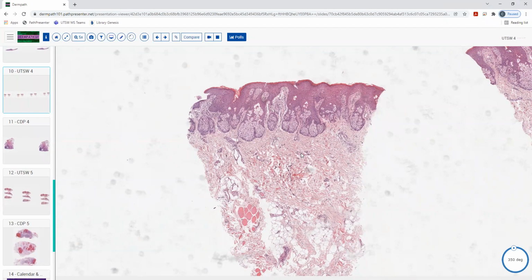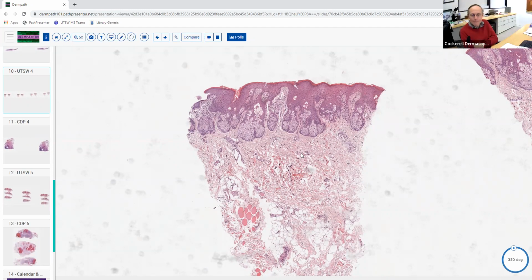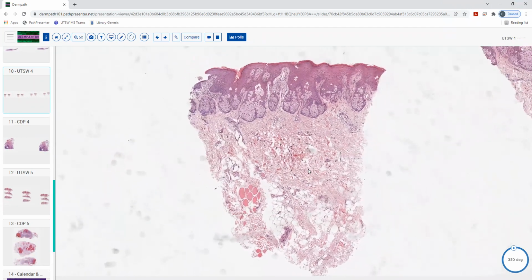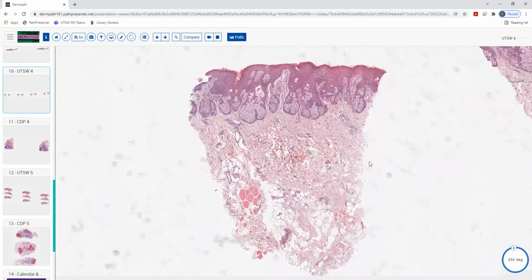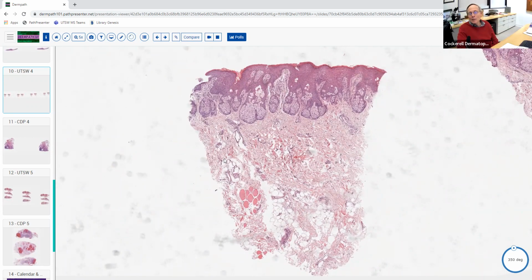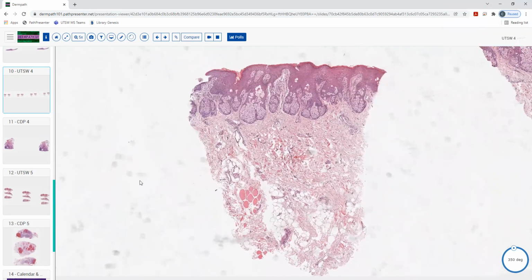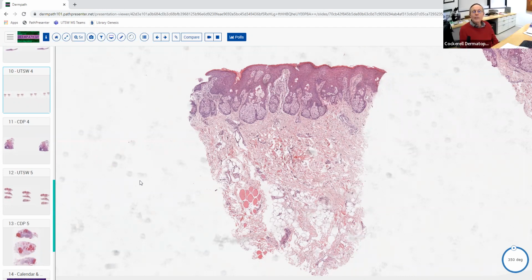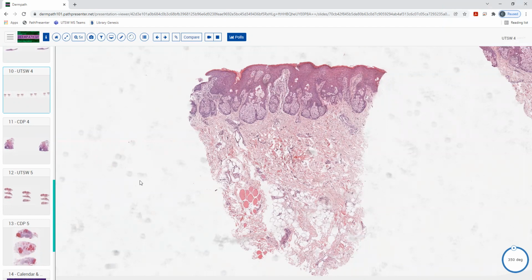So this looks like, I think it was a punch. Yeah, absolutely a punch, a good punch. We give guys an A for their punch. A lot of people take their punch, add some forceps and just squeeze it, and you'll see a little crush artifact there. We hate that. So good job on the punch. And then I'm not seeing a whole lot of inflammation. Yeah, good. I agree. I'm wondering if there's some smooth muscle